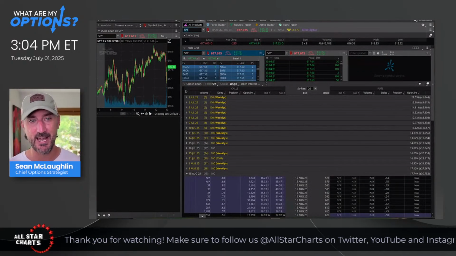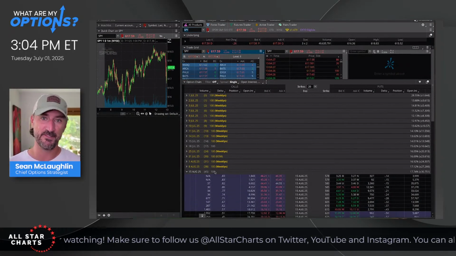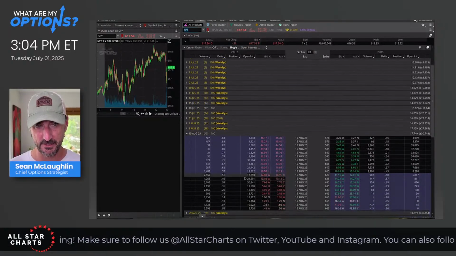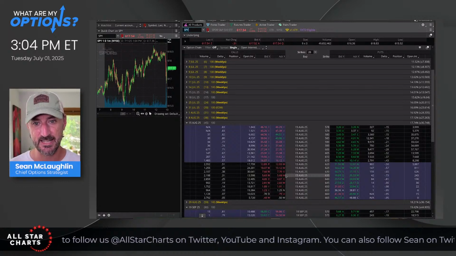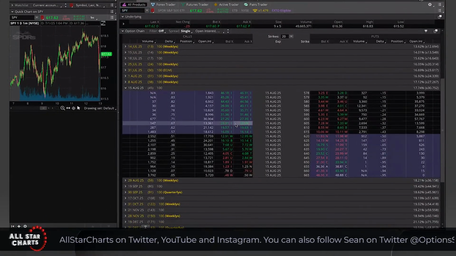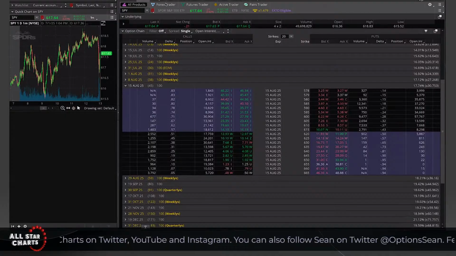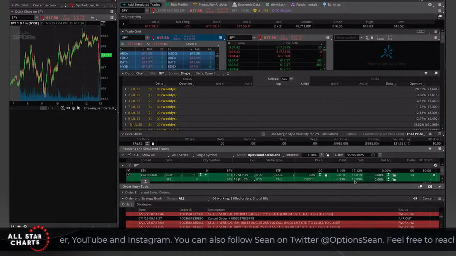I know for some of you guys, this is rote and very basic, but there are some of you who are new to options and learning. So let's just pull up the SPY, and let's say I wanted to buy a vertical spread in SPY, and I'm looking at August options, not for any particular reason, just for demonstration purposes.